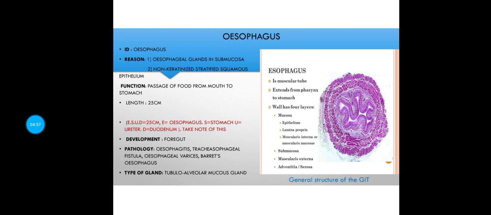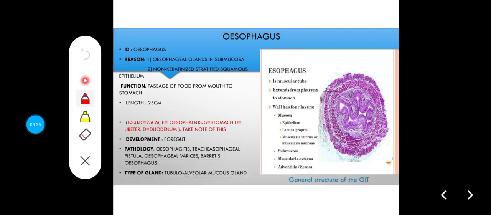Remember the popular saying in anatomy, structure determines function. So the different parts of the gastrointestinal system will have different functions based on the type of structures that you find in its wall. So the four layers can be remembered with the acronym